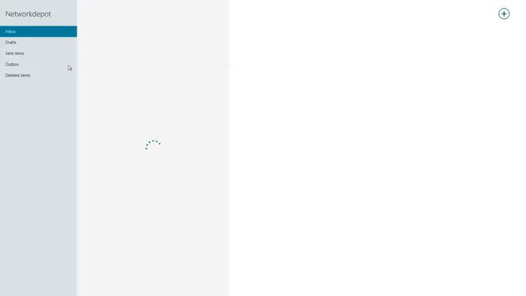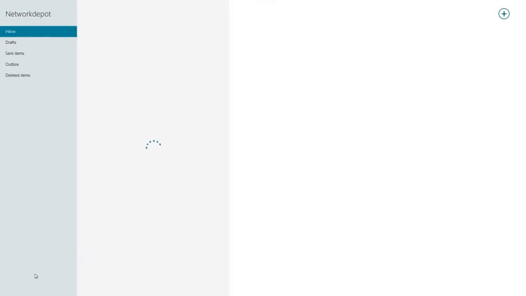The mail client, I can open it up. It's probably going to not work. I couldn't get it to work earlier, but that's more likely me than it is this. But you can see there's a native mail client built in. And there's also, if we go back over here,